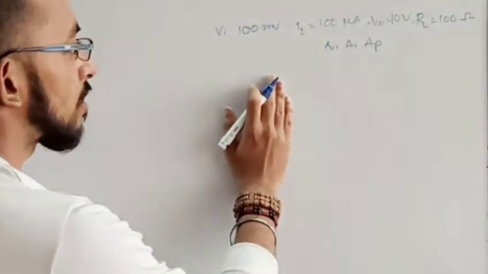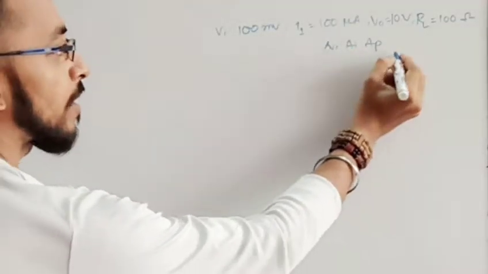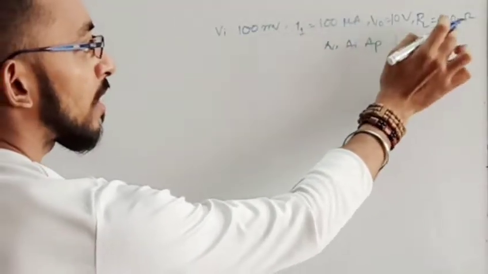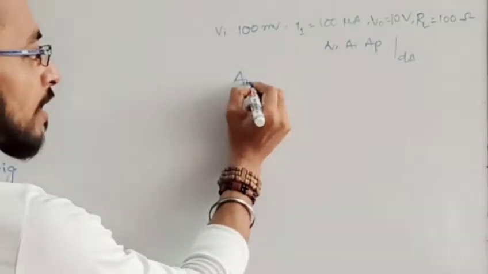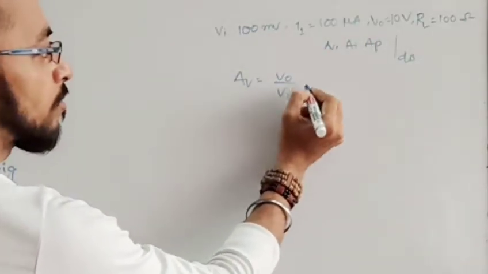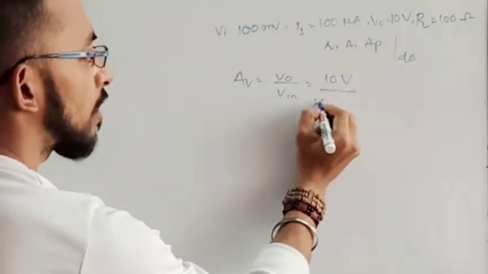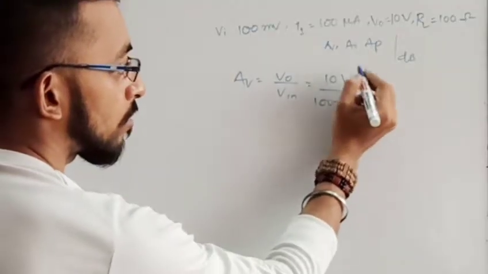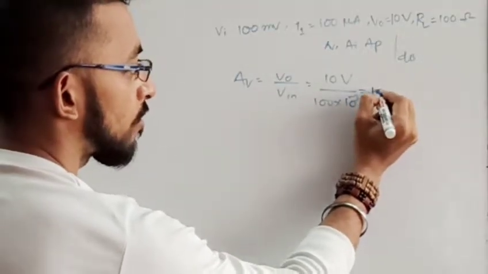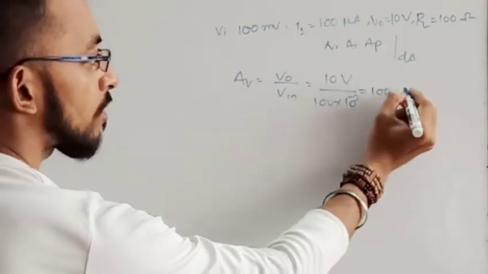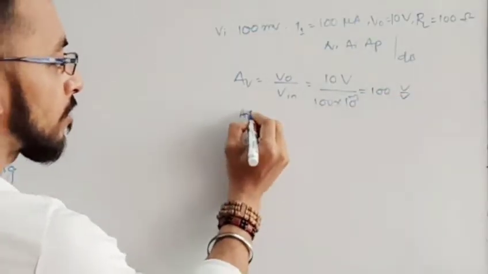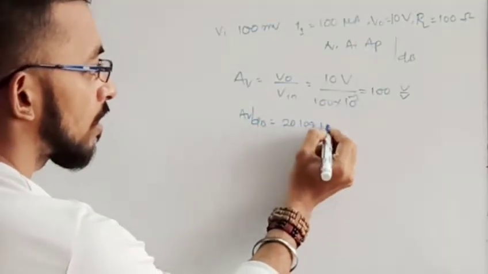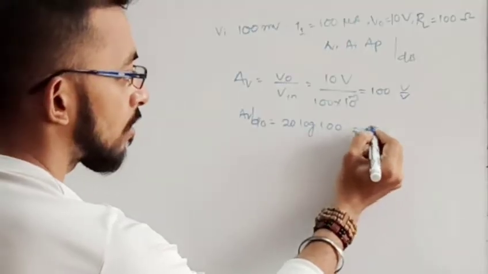Here it is asked what the voltage gain, current gain and power gain are, and all of them are in dB. This is the input voltage, input current, output voltage, load resistor. So what is our AV? That is nothing but V out upon V input. It is 10 volt upon 100 millivolt, that is 10 power minus 3. So 10 power minus 3 moves to the numerator as 10 power 3 over 10 power 1... it becomes 100 volt per volt. If I convert it into dB, it becomes 20 log 100, which is 40 dB.